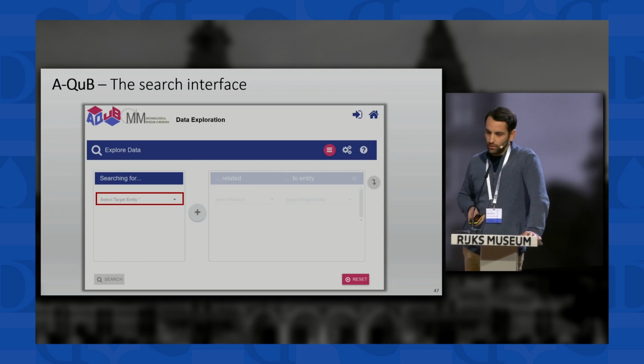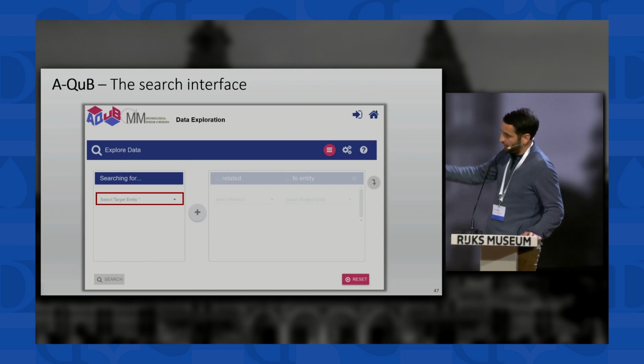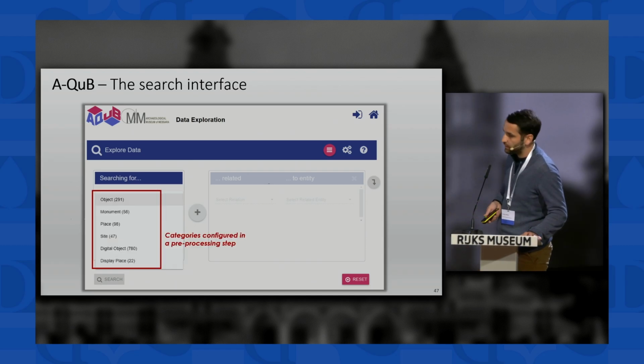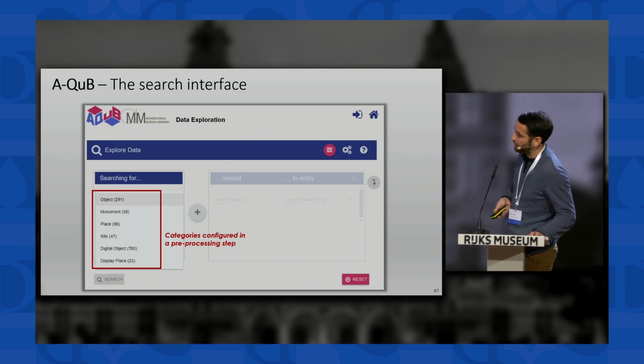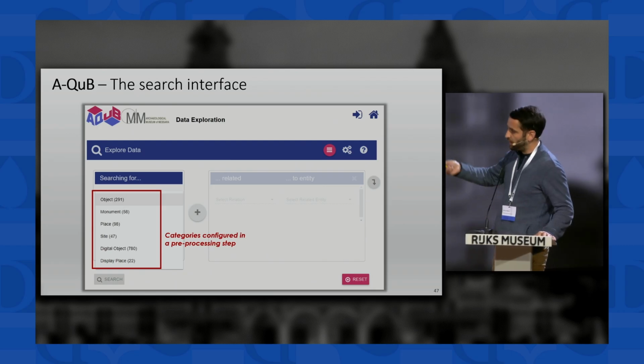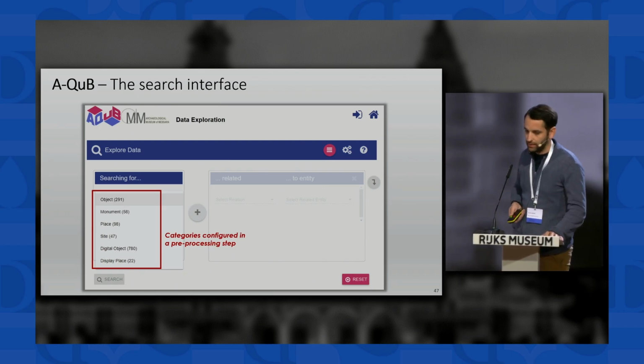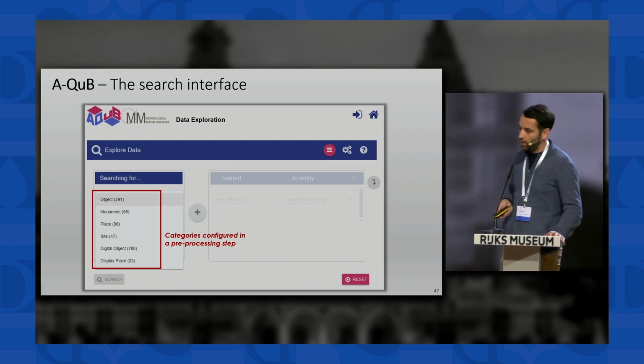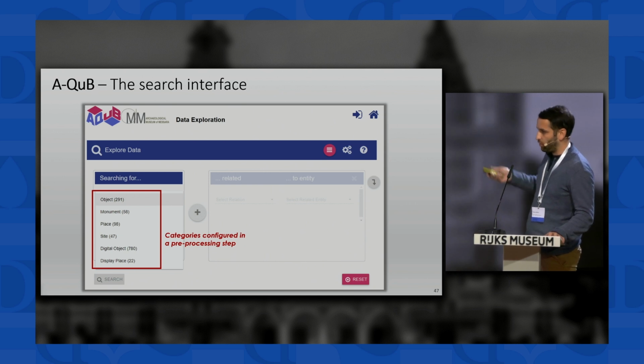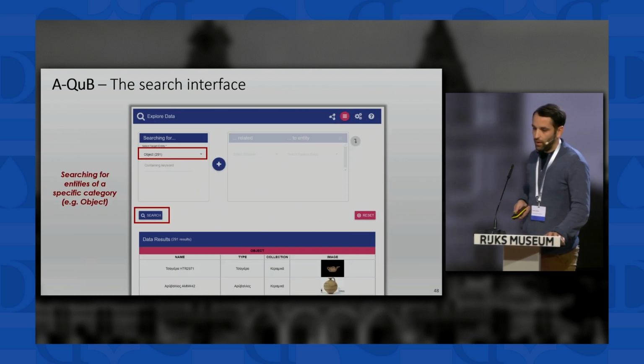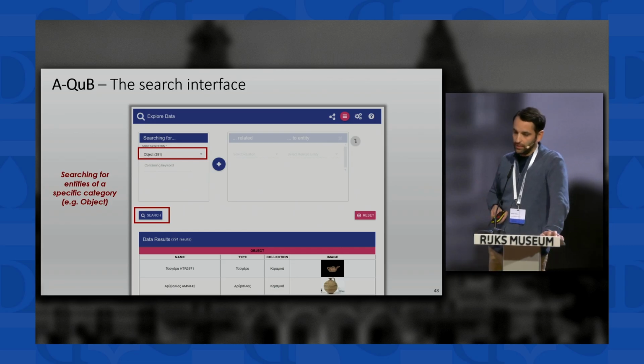It's quite simple. We start by selecting a category of entities. For example, this is a configuration for the Archaeological Museum of Messara in Heraklion, in Crete. So we have, for example, objects, monuments, places, and so on. And these categories, as I will show you later, are configured in a pre-processing step. And then we can search for entities of a specific category, for example, objects, and we get a list of